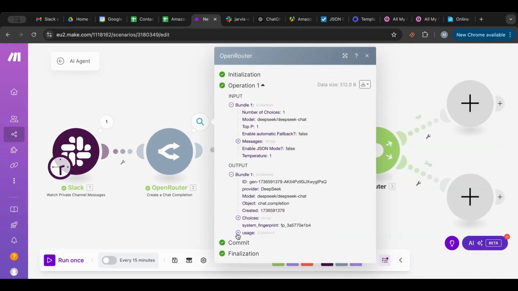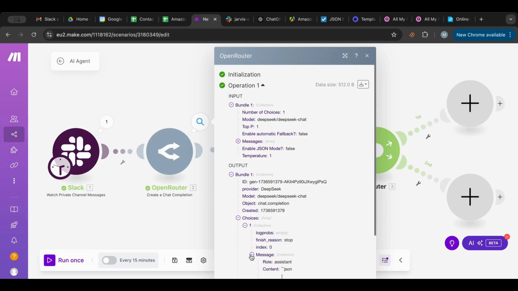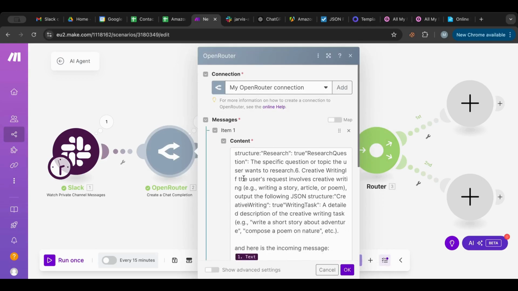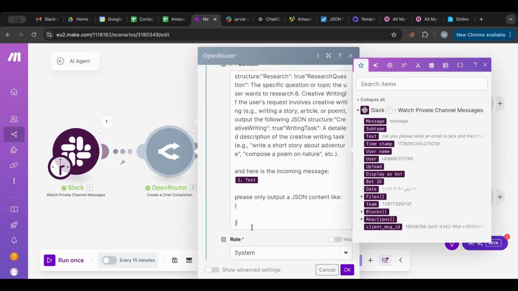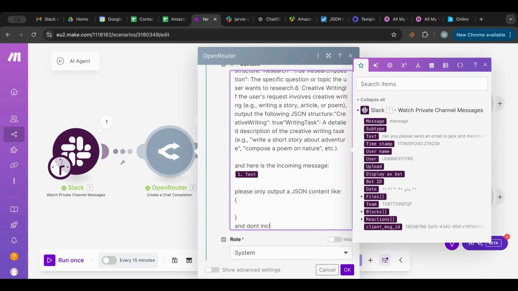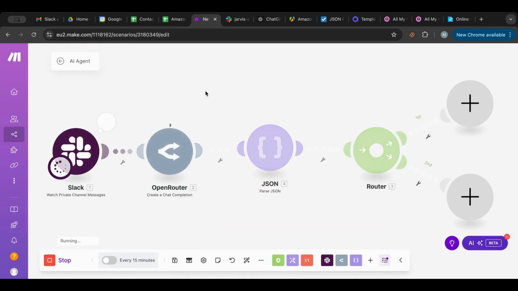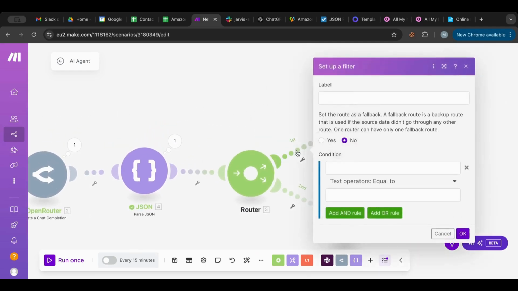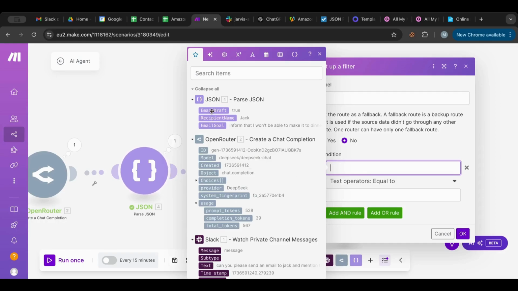Let's see what... so what we want is only the JSON, so it still gives us the word JSON. Okay, now we have it. So now we have email draft true, recipient Jack, email. Okay, this is perfect. So the first one is going to be a condition, and we're going to say if